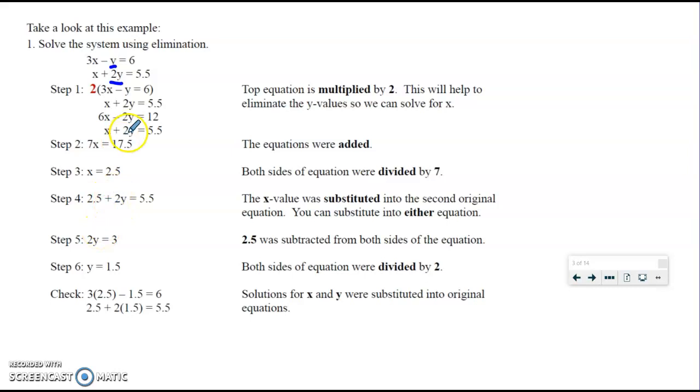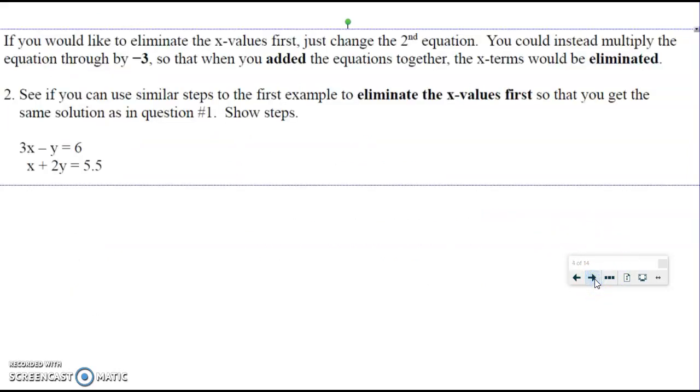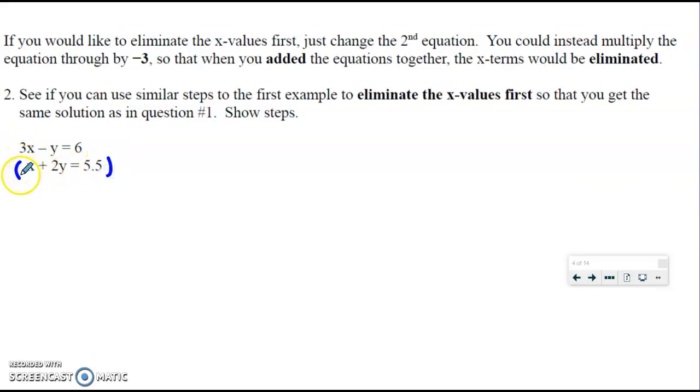If you were to notice, in this case we eliminated the y. Well, I could also eliminate the x, and that's what we're going to look at next. So in this case, I have a 3x, okay? The opposite of 3x is -3x. So what I could also do is multiply this equation by -3. If I multiply this first equation by -3, I will get -3x plus -6y